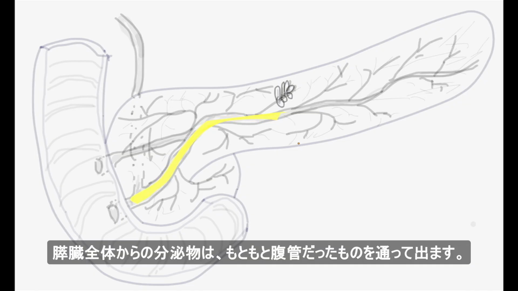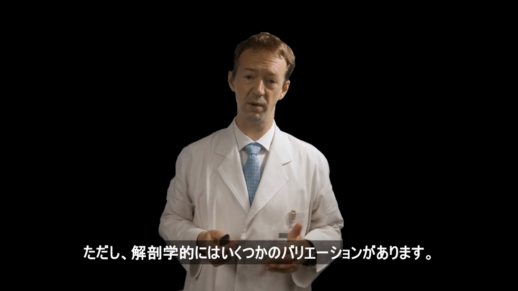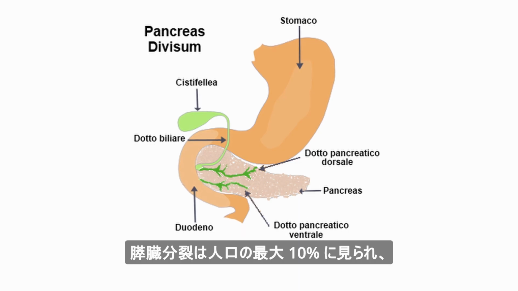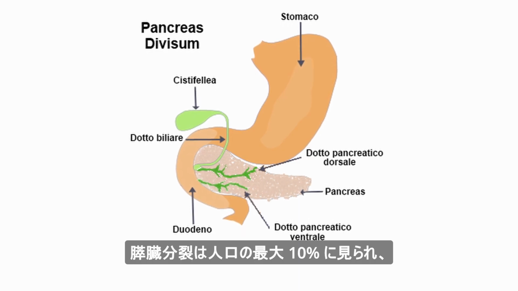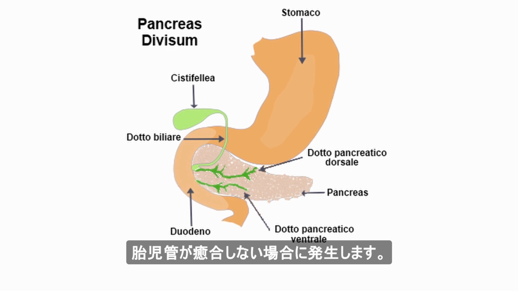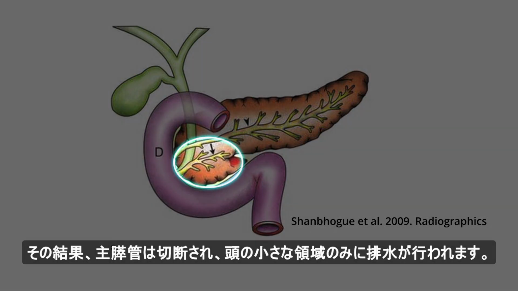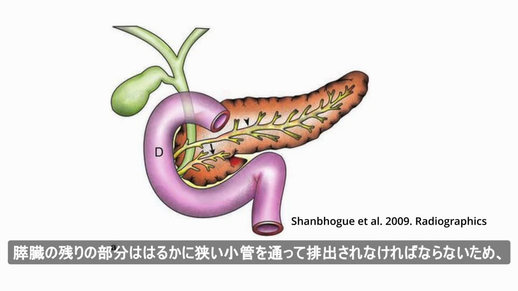Secretions from the entire pancreas exit through what was originally the ventral duct. However, there are several anatomical variations. Pancreas divisum is found in up to 10% of the population and occurs when the fetal ducts fail to fuse. As a result, the main pancreatic duct is truncated and drains only a small region of the head. The rest of the pancreas is forced to drain through the much narrower minor duct, which increases the risk of